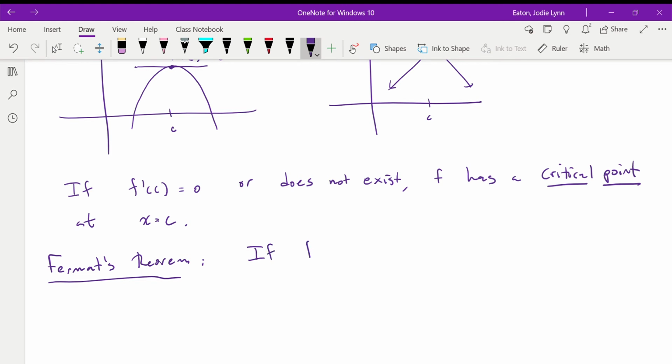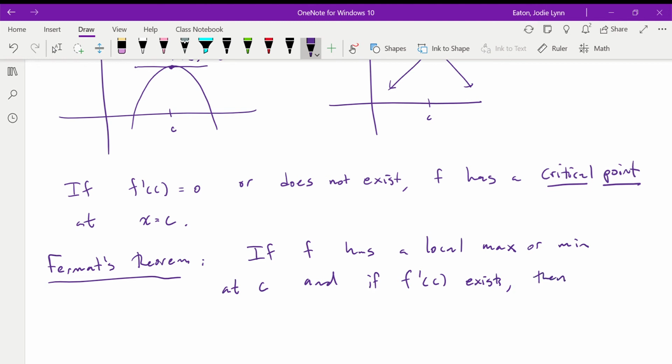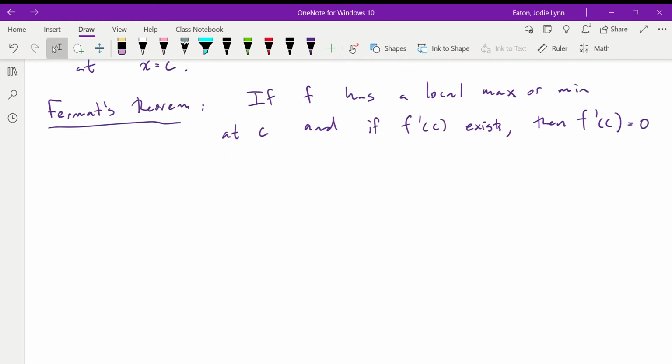So if f has a local max or min, an extremum, at c, and if f prime of c exists, then f prime at c equals 0. So if f prime of c is not equal to 0 at a point, then either it doesn't exist